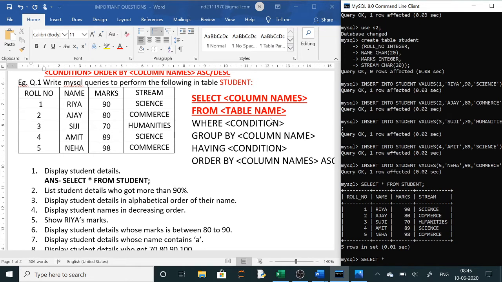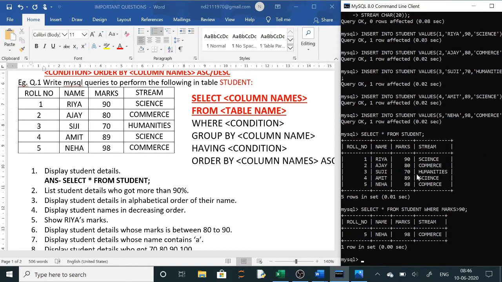Now from table name is compulsory. So select all column names we have written. Now from table name is here student only. So table name student. Now condition whichever is given, you will use where clause to write the condition. What is the condition here? That marks should be only greater than, not equals to. So marks is greater than 90. So this is our condition. Now when you are writing here, see, marks greater than 90 only one student has got, that is Neha. So this is your answer of second.